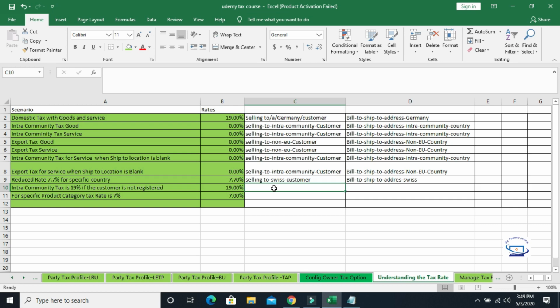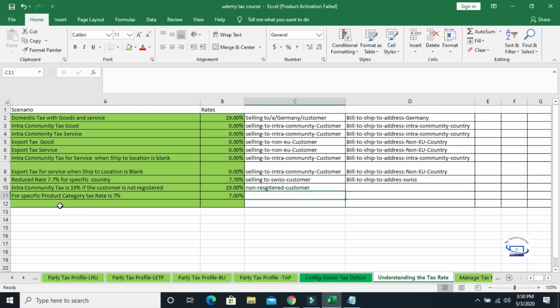So 19% tax will be charged. Okay. So for a non-registered customer, if the customer is a member of the European Economic Community but is not registered with the tax authority, then the special rate will not be applicable. The standard 19% rate will be applicable.